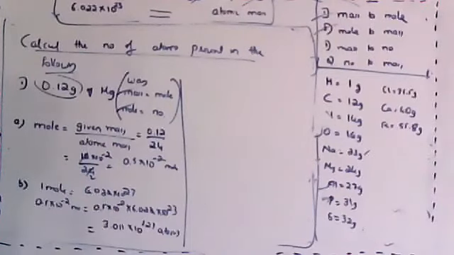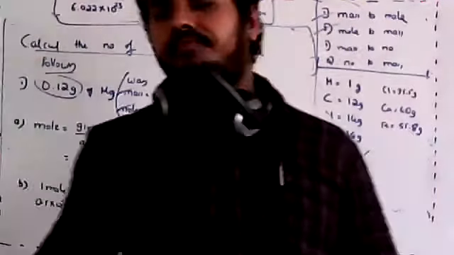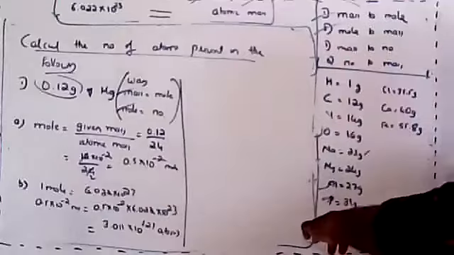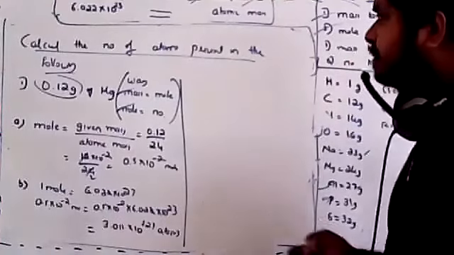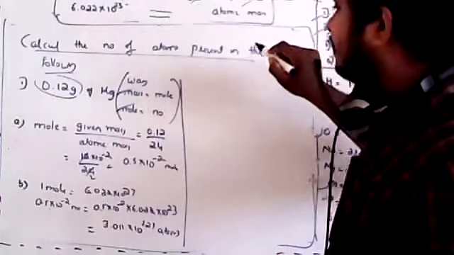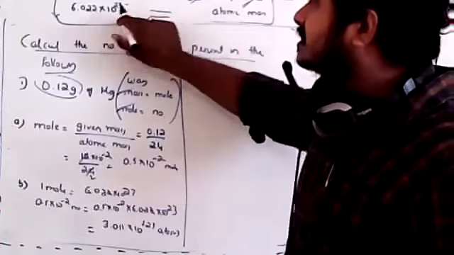I cannot solve many problems, but I will be sending you practice, and then I'll solve it today. See, this is the way to solve it. Given mass should be converted into the mole, then the mole into the number. There is a simpler way to calculate: use direct equating. What is given? Mass is given. What is asked? Number is asked.